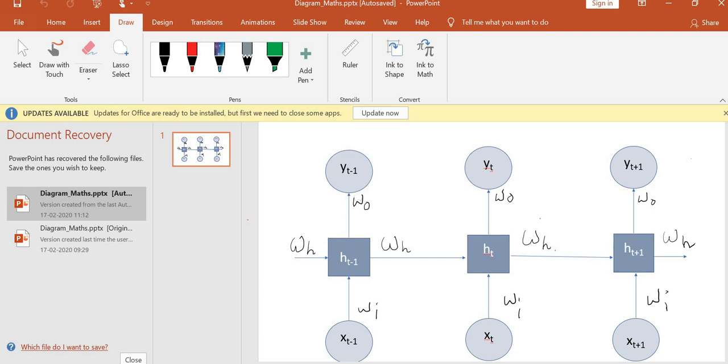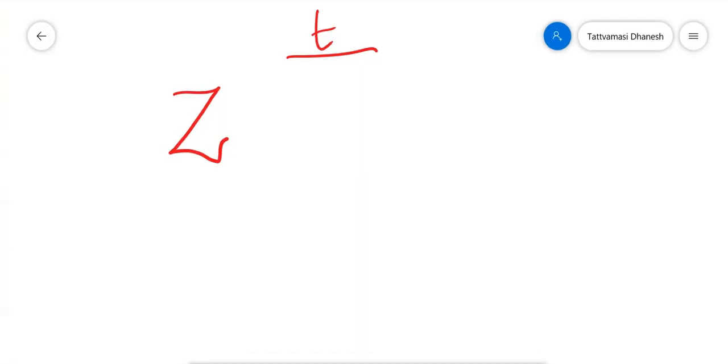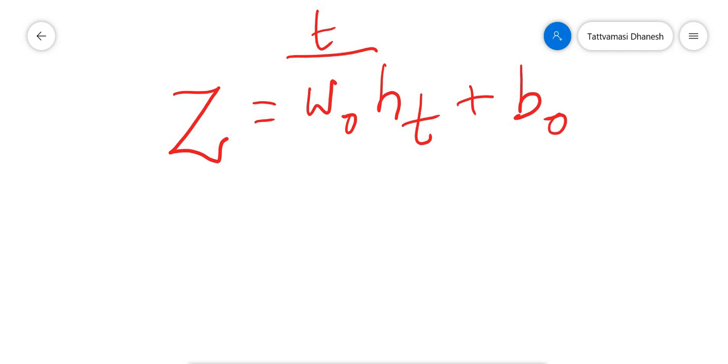B0 is the bias for the output layer. I didn't show it in the figure. So the equation should be Z is equal to W0 HT plus B0, bias of the output